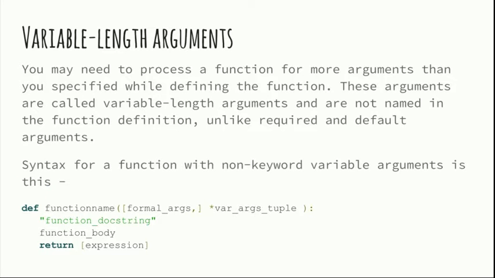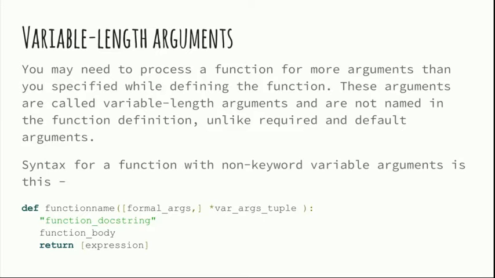Variable length arguments. You may need to process a function for more arguments than you specified while defining the function. These arguments are called variable length arguments and are not named in the function definition, unlike required and default arguments. Syntax for a function with non-keyword variable arguments is this: